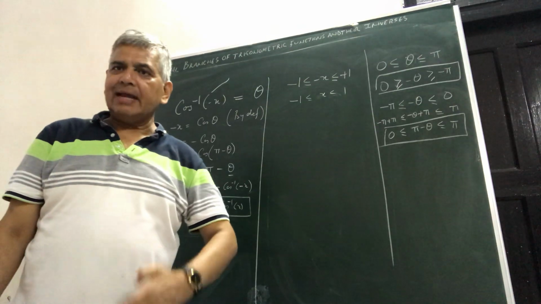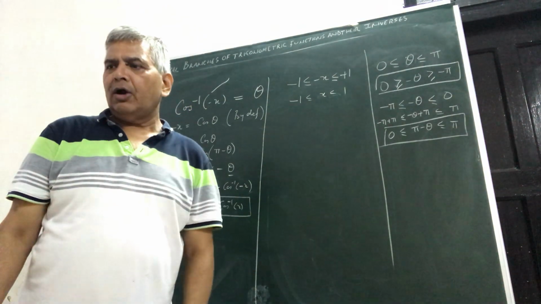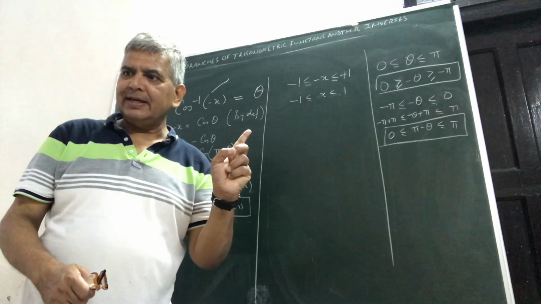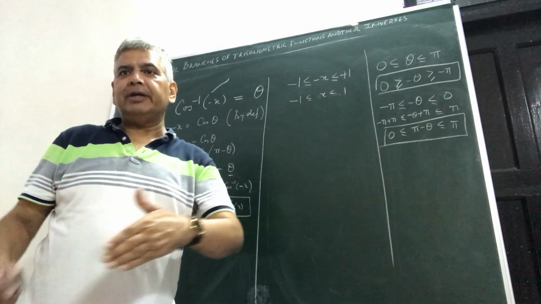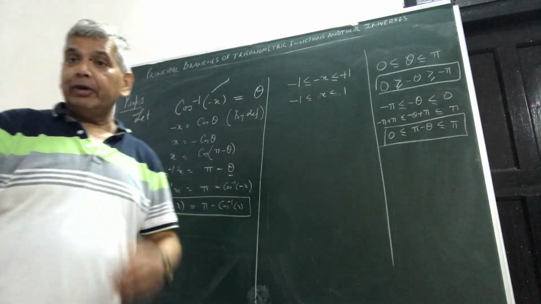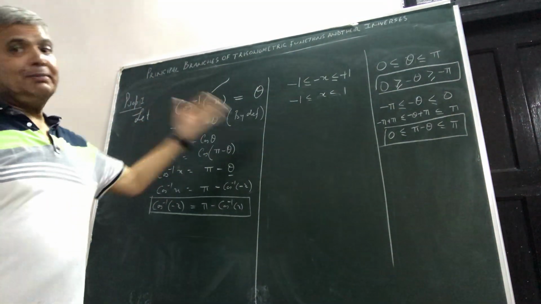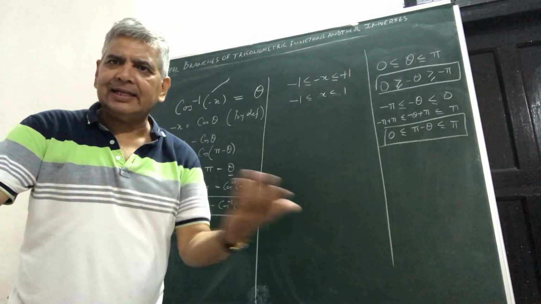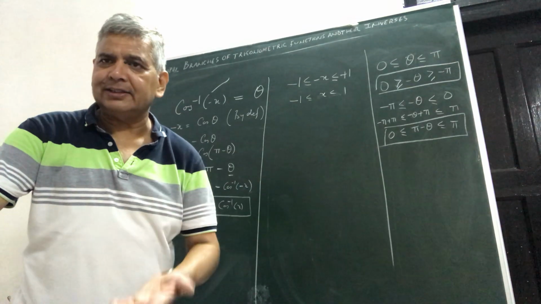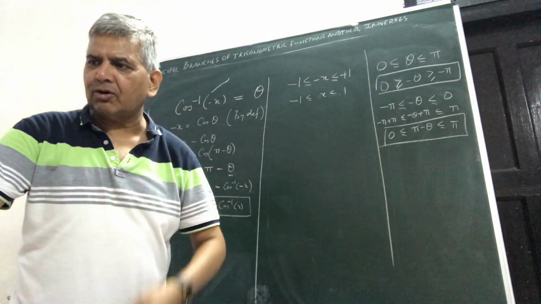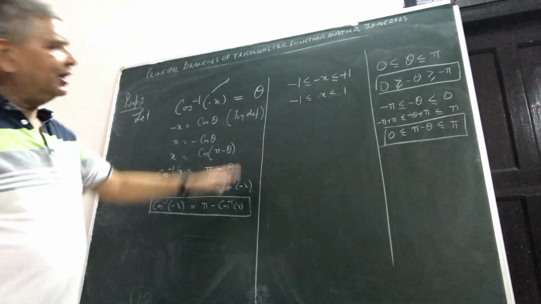The next session, that is day after tomorrow, will again be devoted to the properties, and a few properties I will be taking from outside the syllabus also. But with the request that once again, please make sure to do a few properties from the book, like sin inverse x plus cos inverse x is equal to pi by 2, tan inverse x plus cot inverse x is equal to pi by 2, sec inverse x plus cosec inverse x is equal to pi by 2. All these things, and the remaining part you please do it.